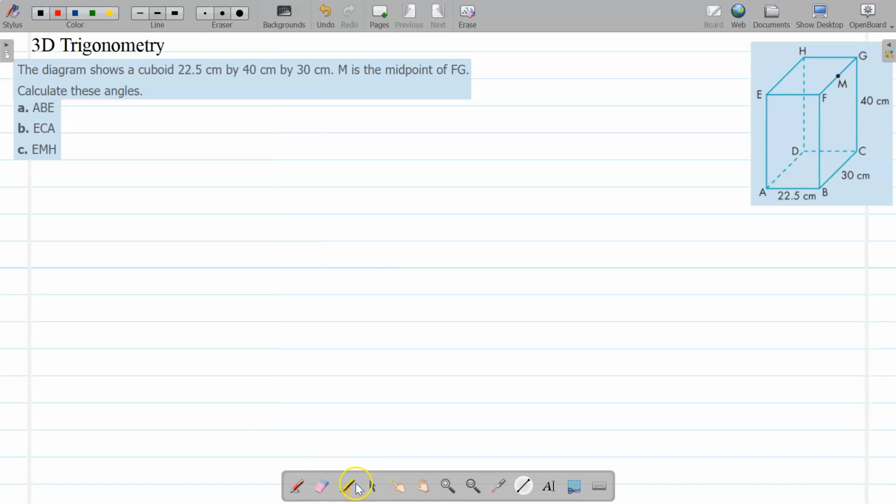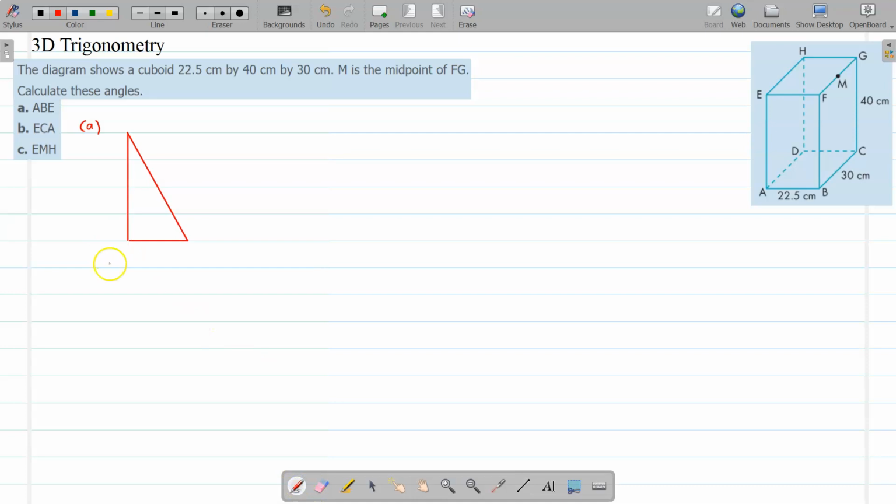For part A, I'm interested in this box here, from E down to A and across to B. That's the front of the box as we're viewing it. I'm just going to put the line in there, and I'm interested in the angle